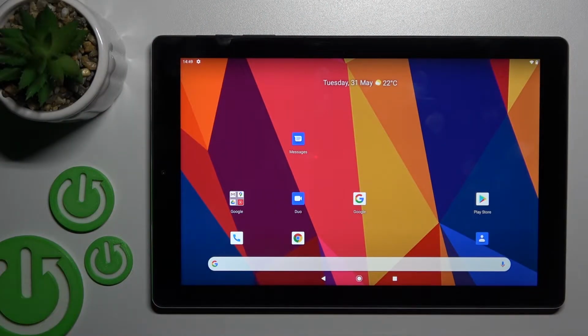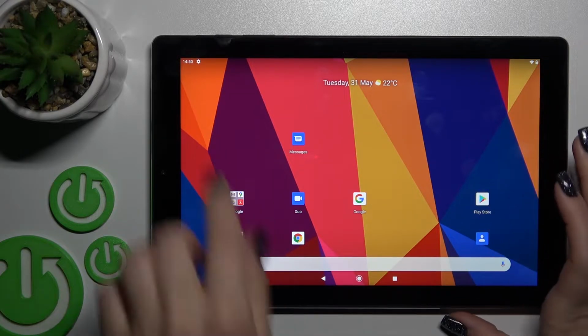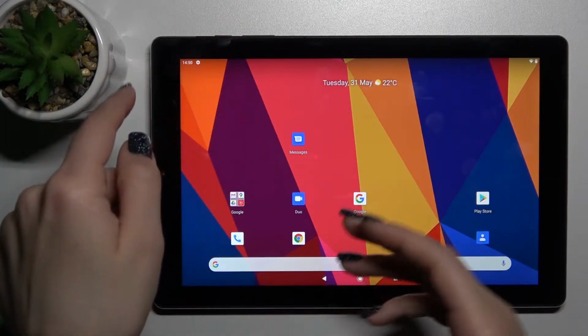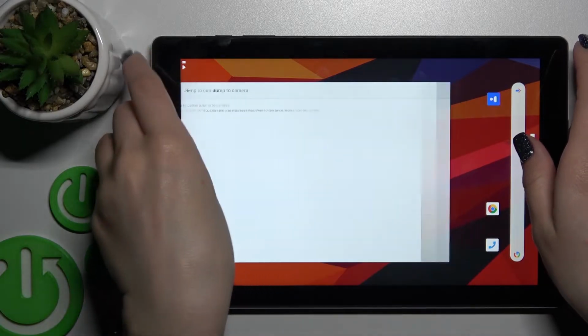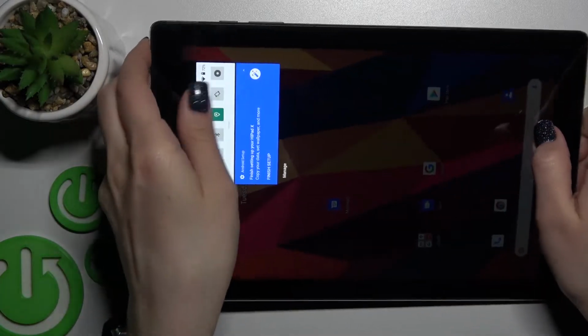Welcome to the CHUWI HiPad X in front of me, and I'll show you how to disable quick launch on this device. So now just by double press on power key we can see that we can launch the camera application. And if you want to turn off this feature, so let's just